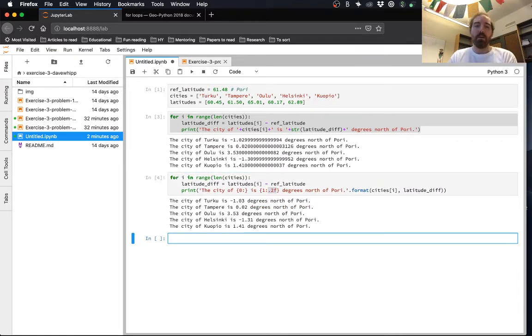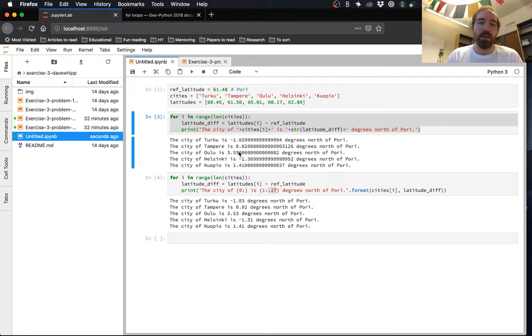Now, if I run that, I get something that looks a little bit nicer. Doesn't look a whole lot different. I mean, as far as putting in the city here, everything looks basically the same. I've just decided to use this string formatting just to get a little bit nicer looking output. But obviously rounding your numbers to 2 decimal places, especially if you're printing out things that you want to have table-like output, you often want to say, okay, I only want a certain number of decimal places. And you don't want to suggest, for instance, here that we have some 12 or 15 digits of precision in this calculation when we don't.